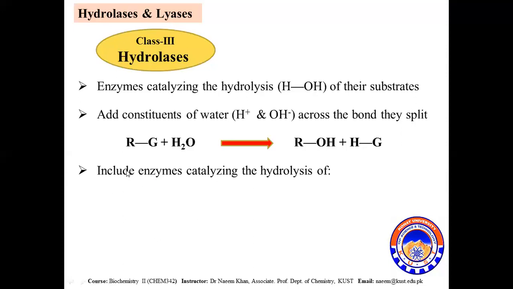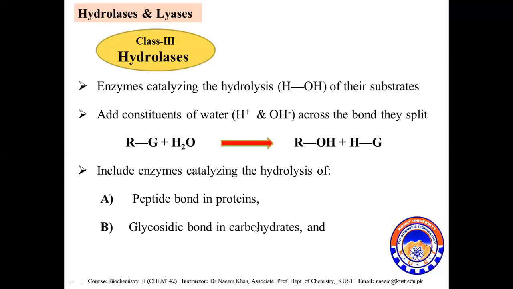This main class includes enzymes which are catalyzing the hydrolysis of what? Number 1, peptide bond in proteins. Such type of hydrolysis results in the hydrolysis of peptide bond in proteins. We know that in proteins, the bond by which amino acids are linked is called peptide bond. So, hydrolases are catalyzing the lysis of peptide bond,